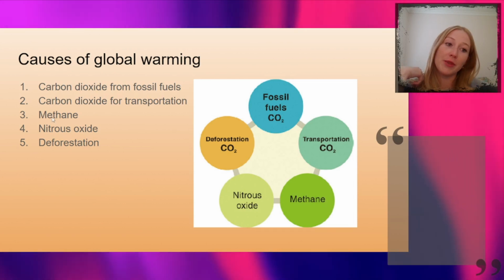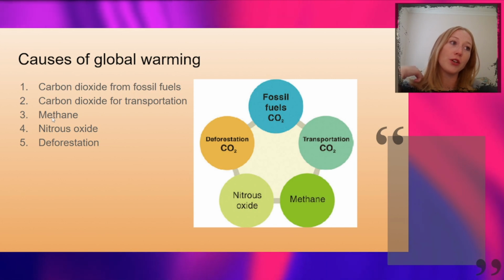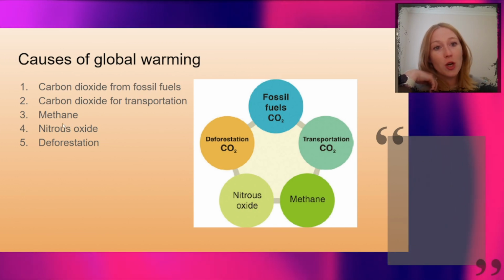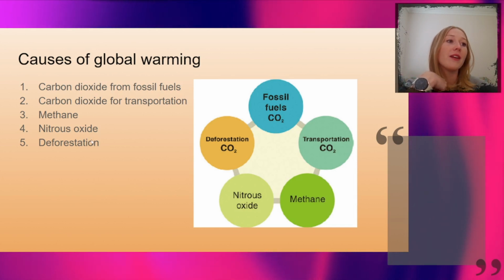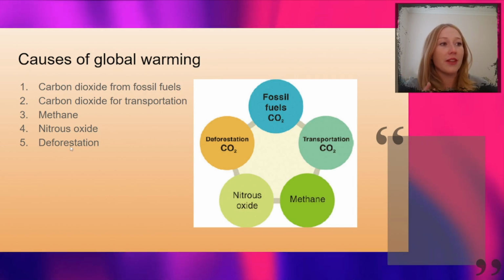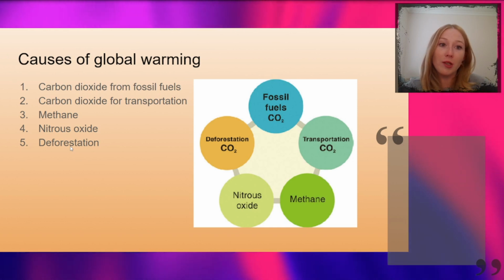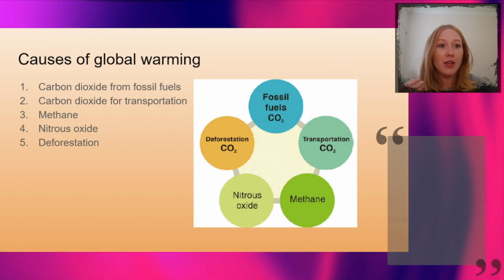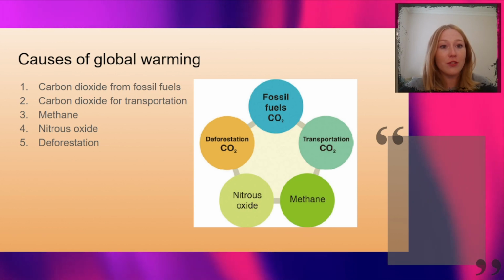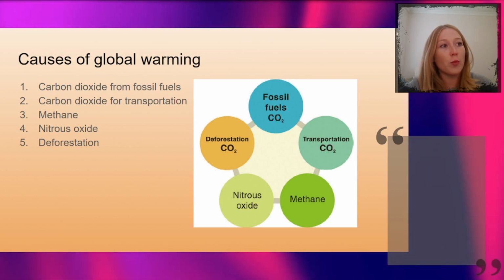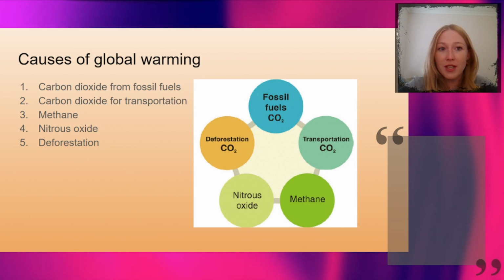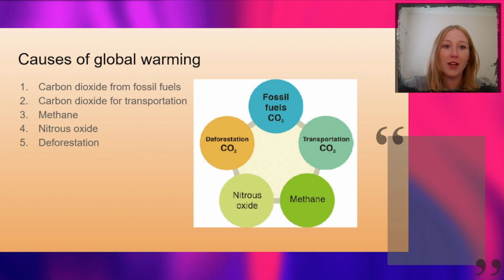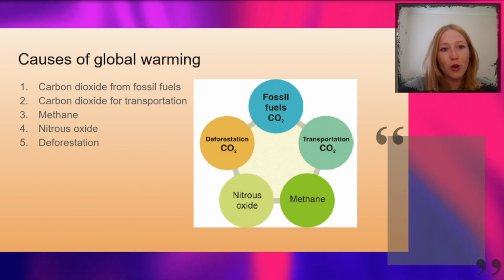Methane we'll take a look at, but that's more focused on farming, and nitrous oxide is also linked to the farming and agricultural industry. And then deforestation, that is a double culprit. It contributes to global warming in two ways. One, it stops vegetation from reducing carbon dioxide, but the actual use of the chopped down forests also contributes to carbon